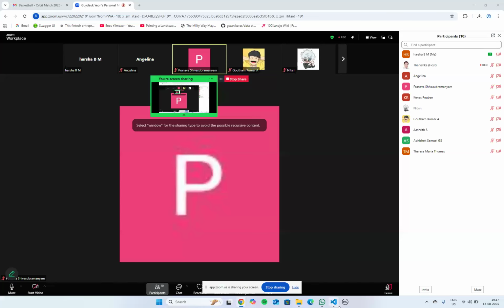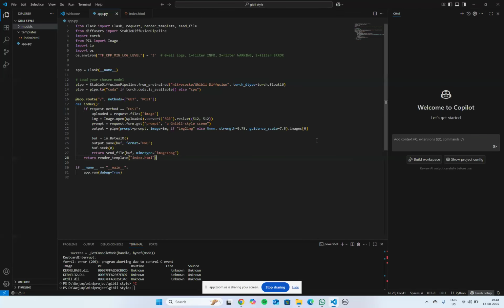We'll go for this coding part here. This Ghibli Art Studio is simple and straightforward. What we do is we straight away download the stable diffusion model. My screen is visible right here. From the stable diffusion model, we download the pre-trained weights and